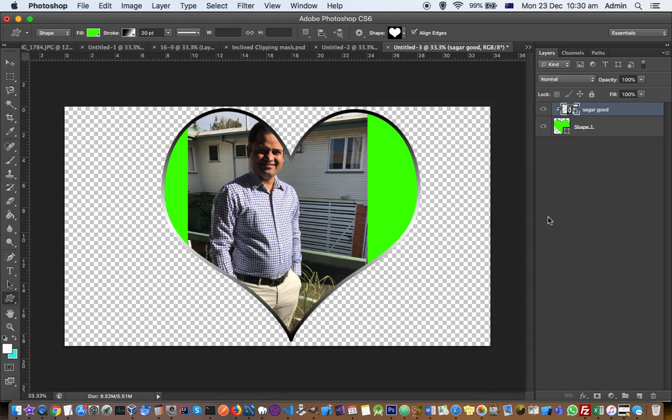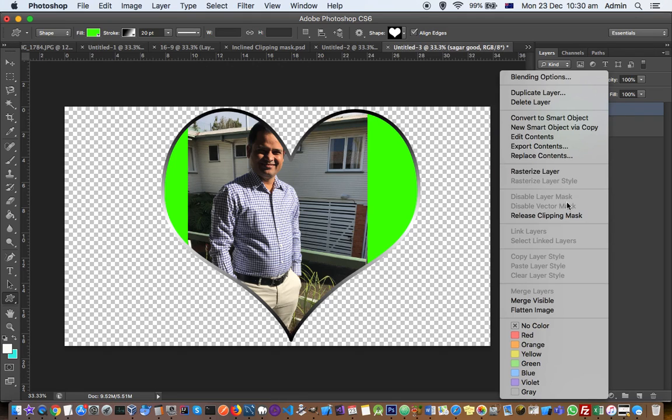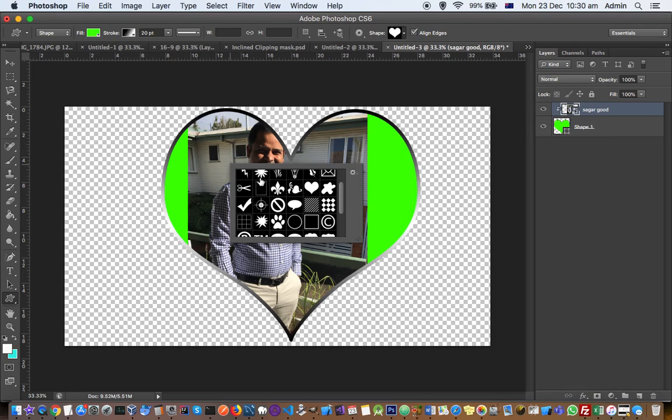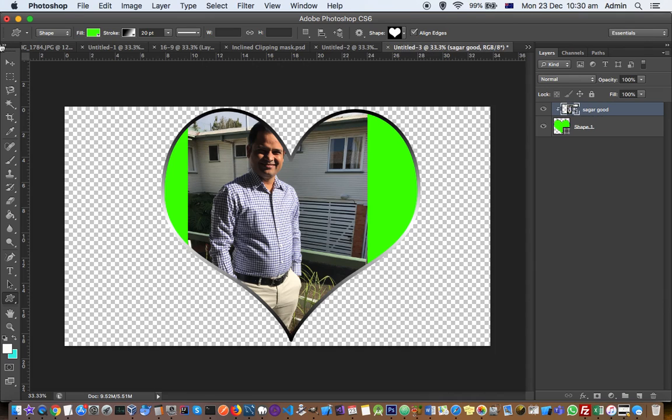So what happens is only the portion of the image that is on the top of that shape will be displayed, other portion will be removed. So that is the feature of this clipping mask. It will clip your photograph on that mask that is just underneath this layer. So once you do that,